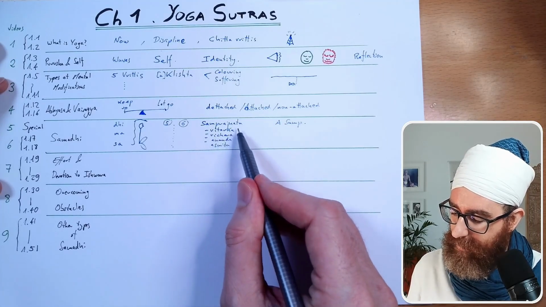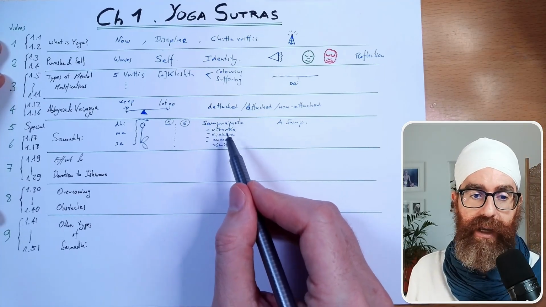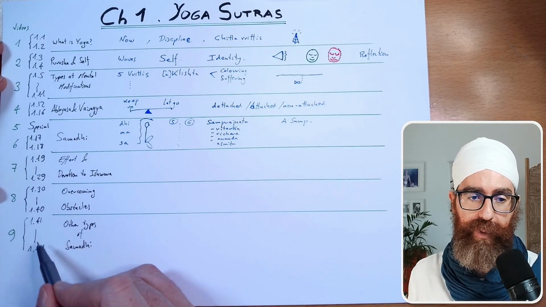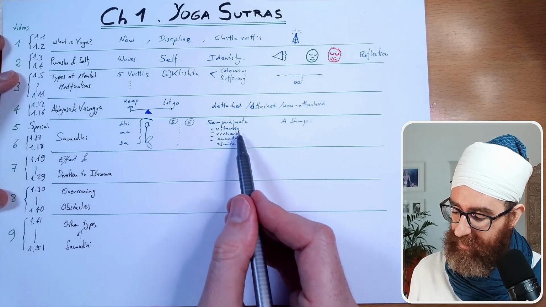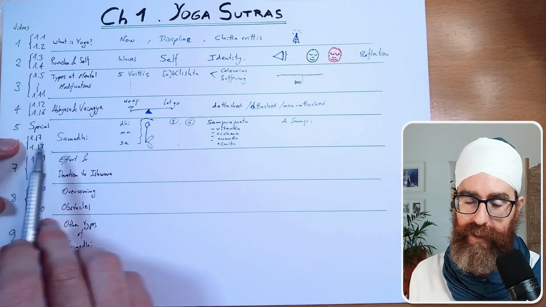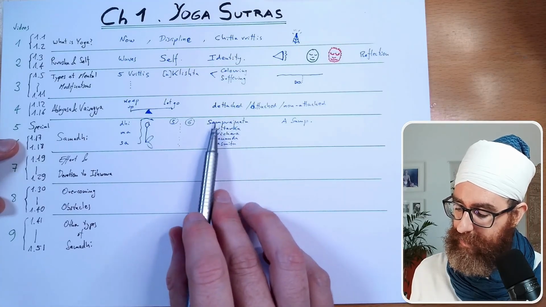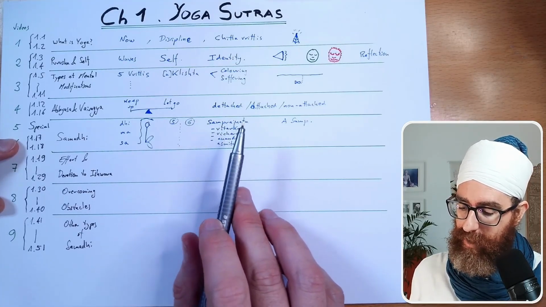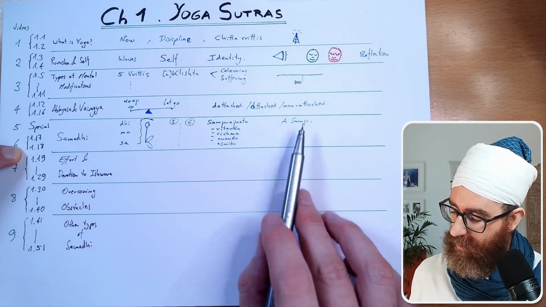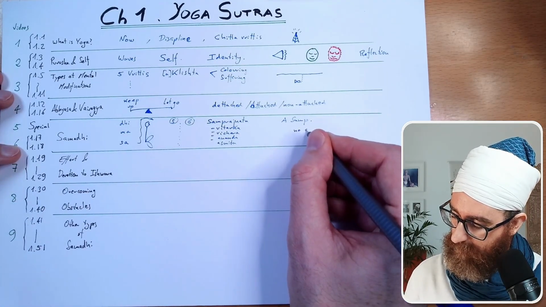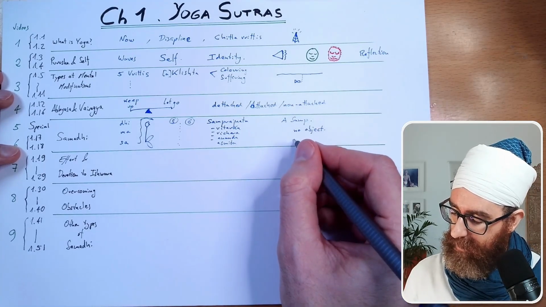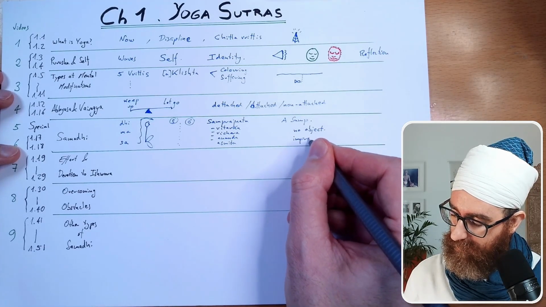And so he describes a little bit about this. It really goes into much more depth on this in the 9th video, on 1.41 to 1.51. But here we already saw a little bit about this, particularly in 1.17. That's when he introduces these 4 different kinds of sampragnata samadhi. Now, asampragnata samadhi would be the one when there is no object, but there are still some impressions left.